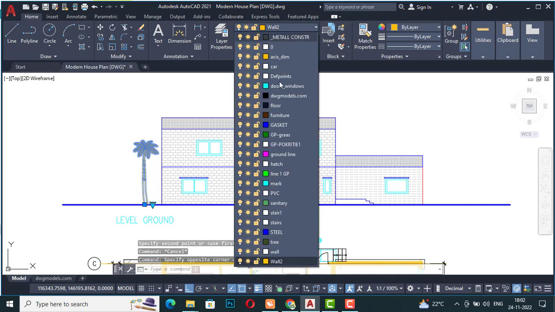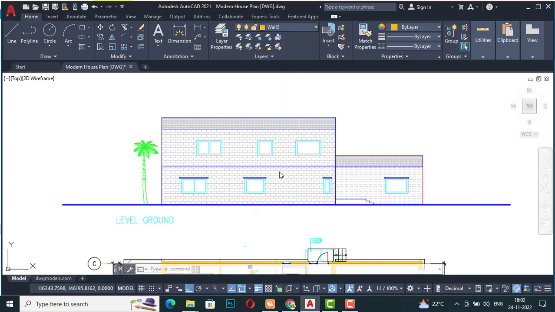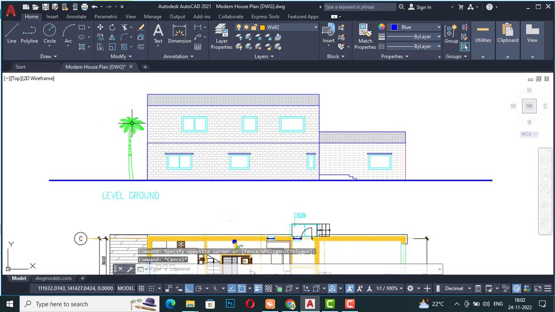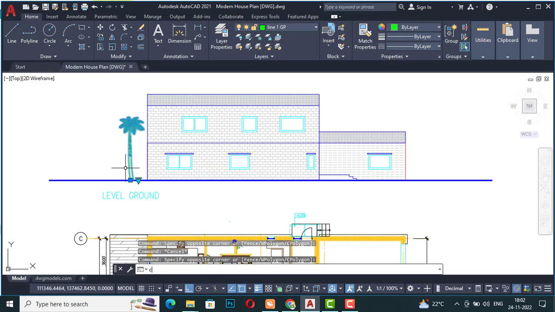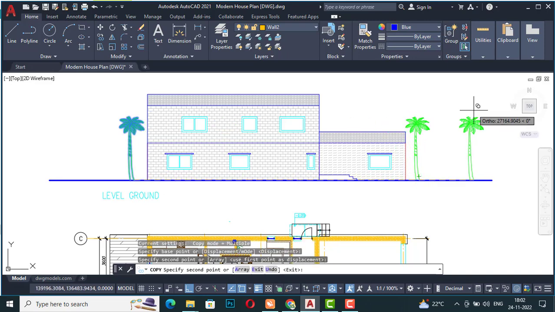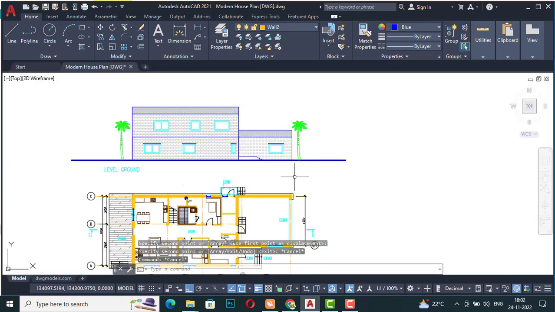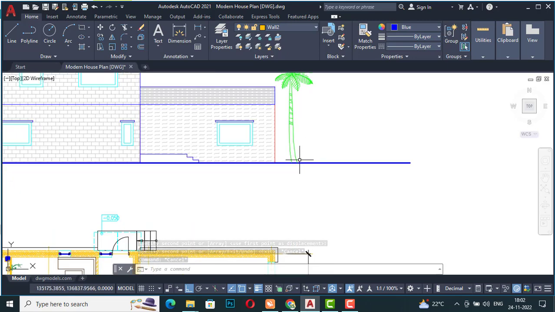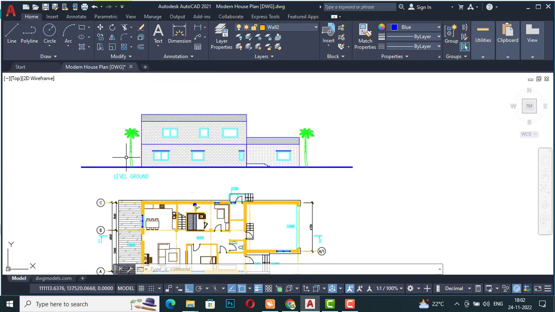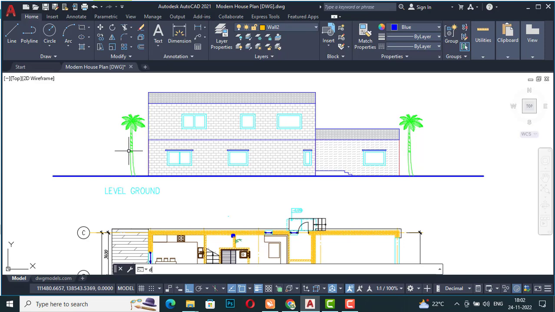and you can select this, and you can change this to trees layer here, and you can make your own layer. So I'm going to select this line and make it a tree layer here, and I'm going to copy this, enter, and make a tree here also. So now this is our basic elevation. You can draw any car here also in elevation view. You can show it to your elevations, and now after this you can do the dimensioning,